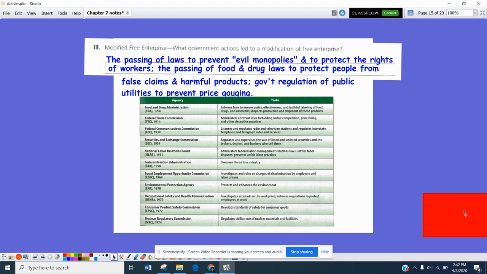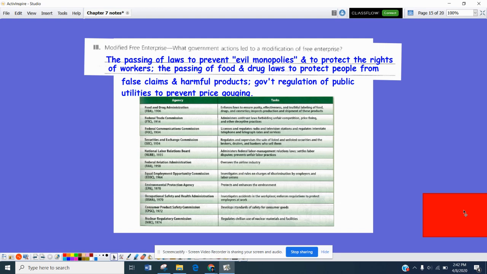The Federal Communications Commission, licensing the radio and television stations to make sure that they are within certain decency codes, regulating interstate telephone and telegraph rates, the Security and Exchange Commission coming out of the New Deal,